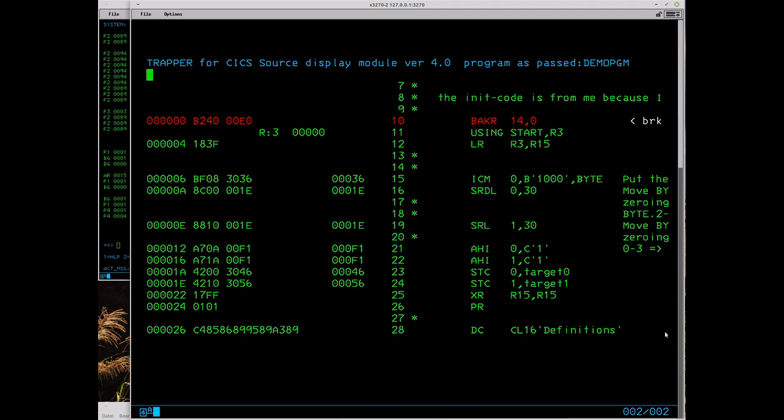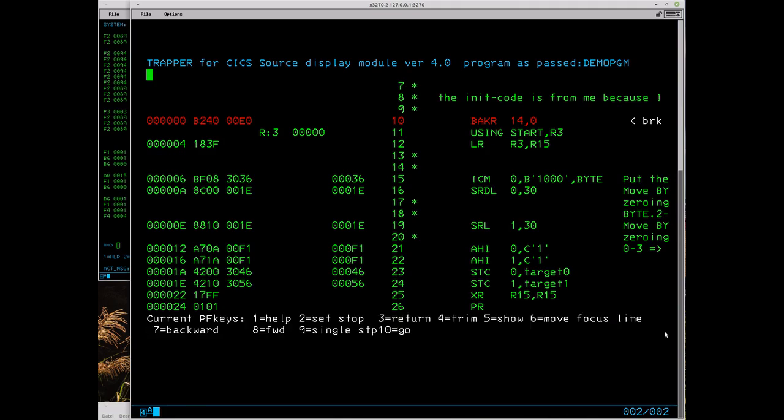Yeah, it's the listing, and you can use almost the same keys as in the basic product. And if you don't remember the keys, we have PF1, which is show me help. And here we have only one meaning, so PF1 switches help on and off. Then we have set a stop on a certain location, return to basic debugging, which is the other thing,